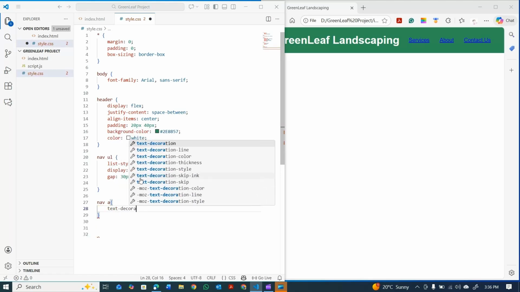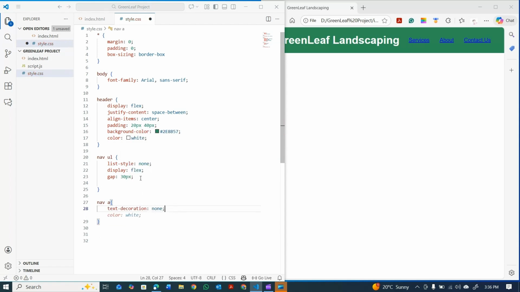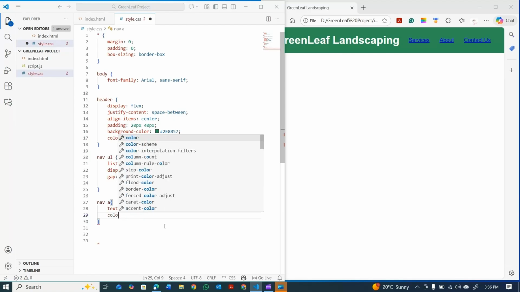Text decoration none. It is going to remove the underline under every menu item. This color is appearing blue. This is the default setting. We are going to change it to white,